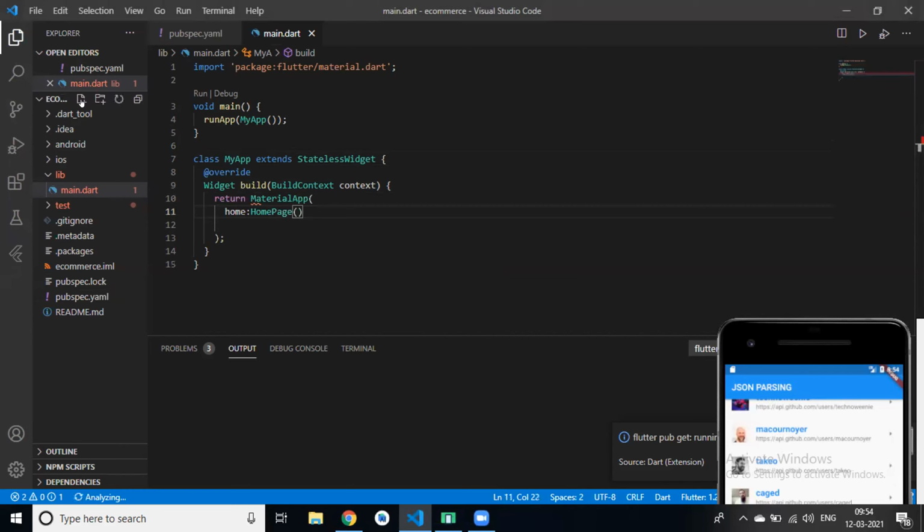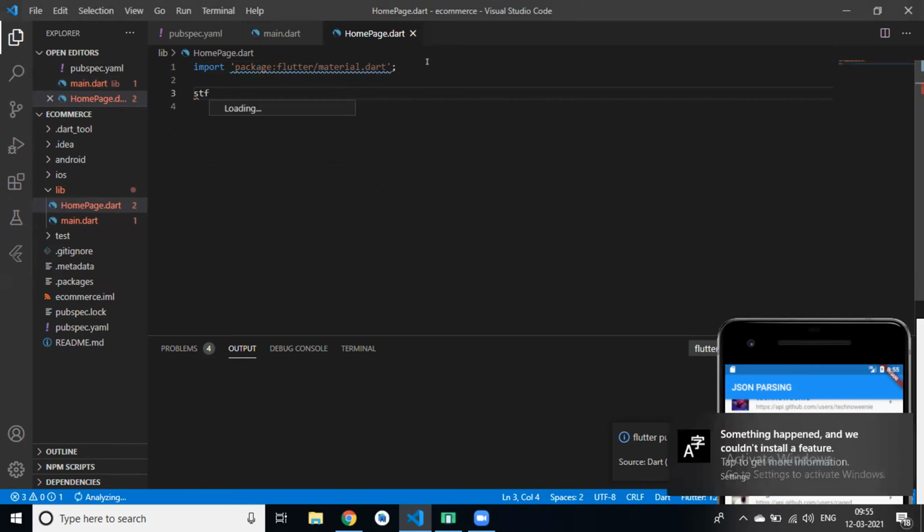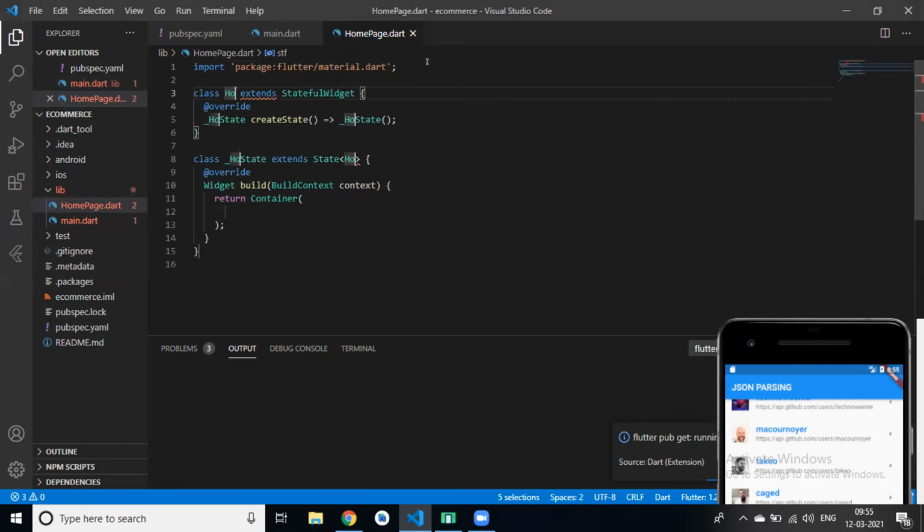In that home page, first we have to import our material. Then we have a stateful widget, right? Stateful, that is our home page, or basically this page is the product details page.